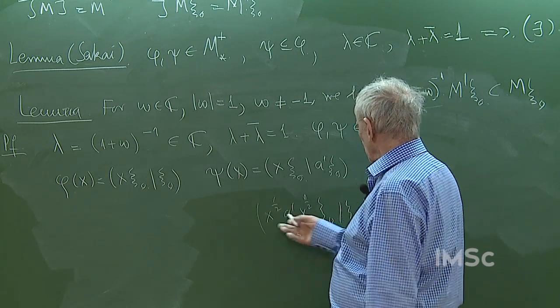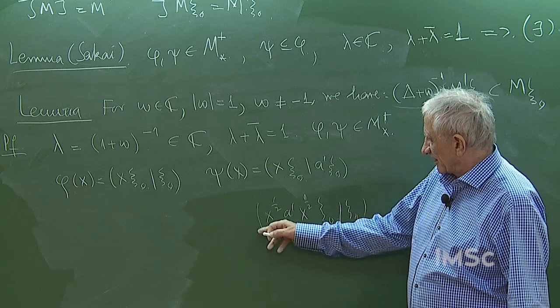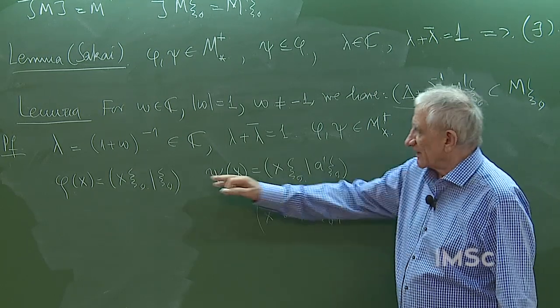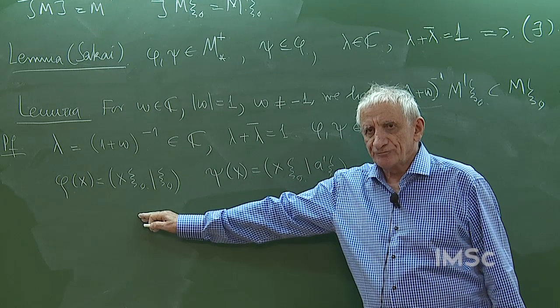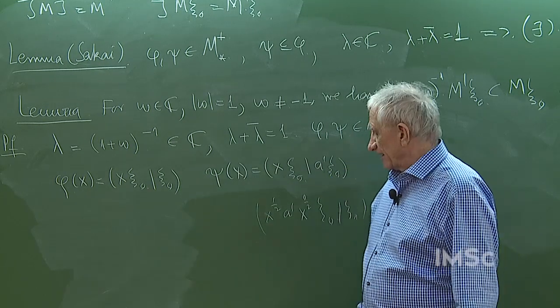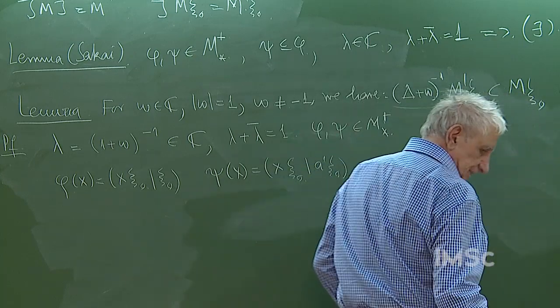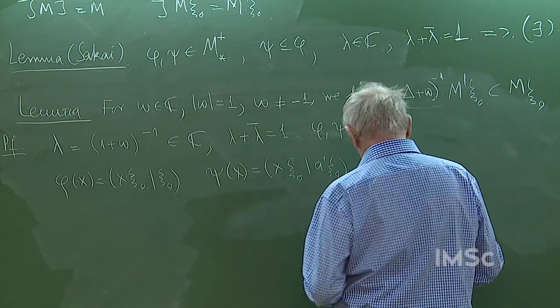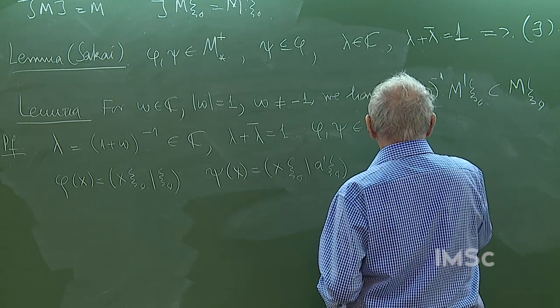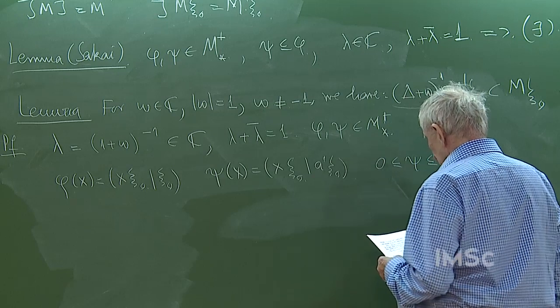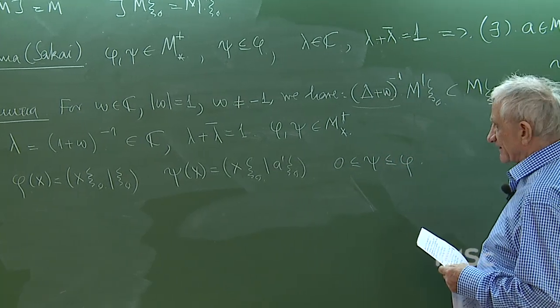So you see immediately from here that this is bigger than 0, and because A prime is less than 1, it is also less than this form here, right? Fine. So we have indeed that 0 is less than psi is less than phi, and we apply Sakai's lemma,